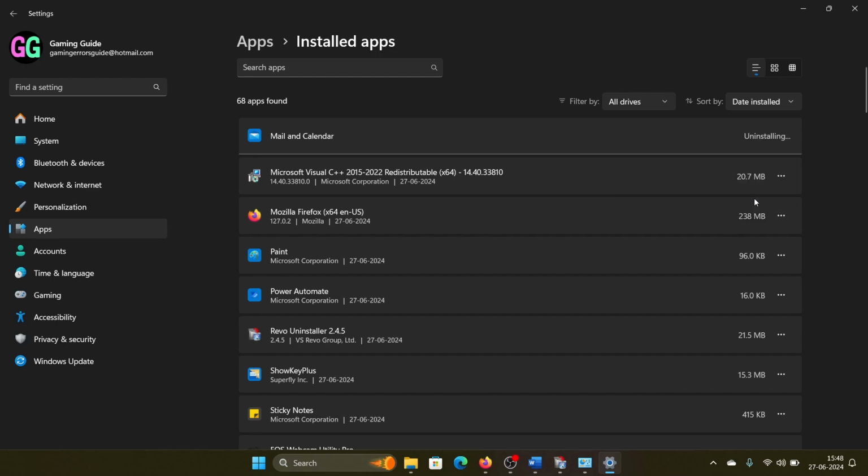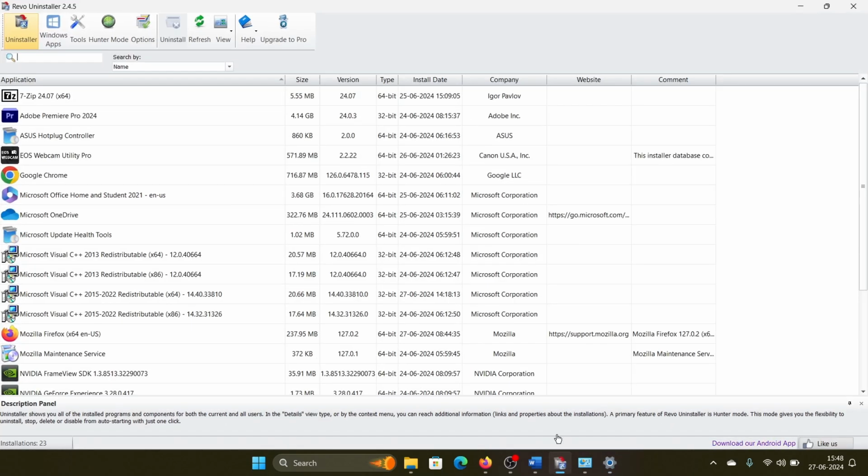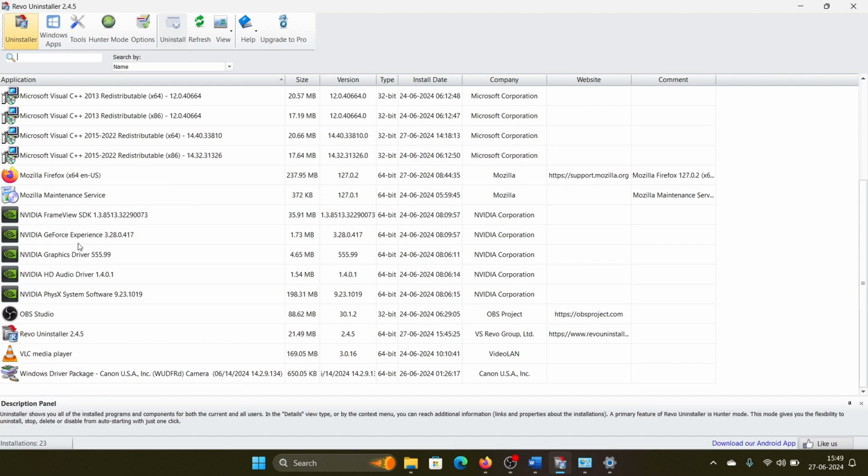Okay, they can also help you debloat the system, or else you can use a third-party software called Revo Uninstaller. It's free of cost, no need to pay for it. It has a pro version, but the free one is more than sufficient. And then find the software that you wish to uninstall, and you can pick that and uninstall it from the